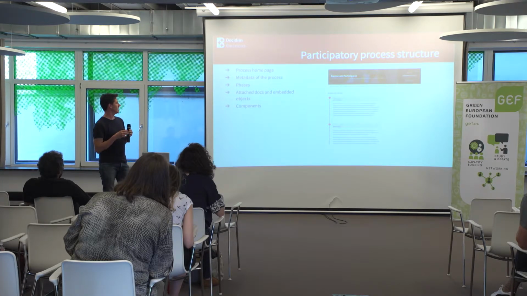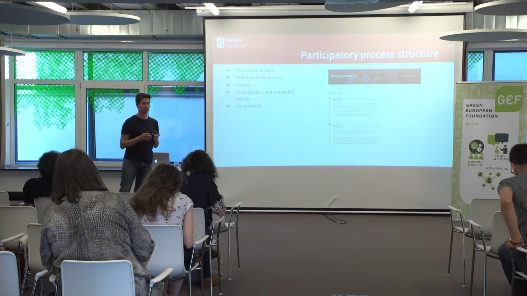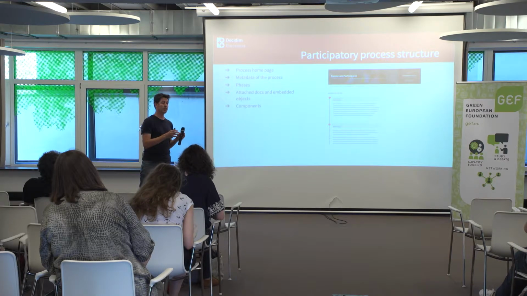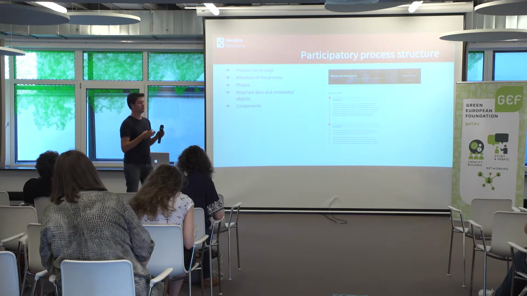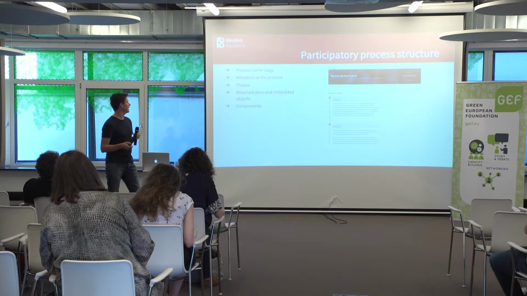You can decide all the phases that you have, and then you decide which components you have in different phases. For example, if you want to create an initial phase of diagnosis, you can ask the component of survey. You can create a survey that the citizens can answer, and you have, for example, this first phase. If you want to add some physical meetings in this initial phase, you can add it too. You create your participatory process as you want.